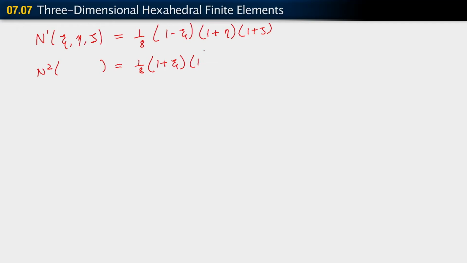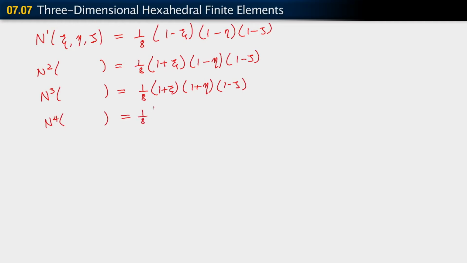Sorry, these are both minus: 1 minus eta, 1 minus zeta. N3 equals 1/8 times 1 plus c times 1 plus eta times 1 minus zeta, and N4